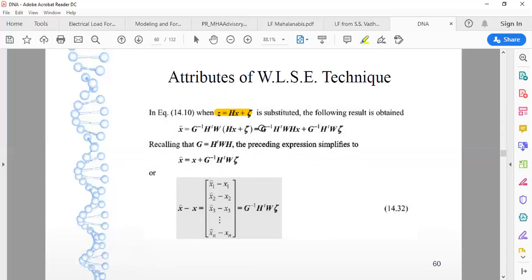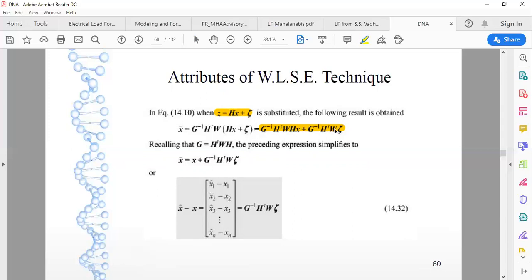So using this formula, we can expand it in a likewise fashion. Now we can write x hat is equal to G inverse H transpose W into H into X plus G inverse H transpose